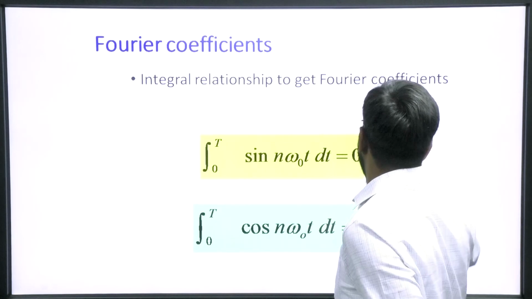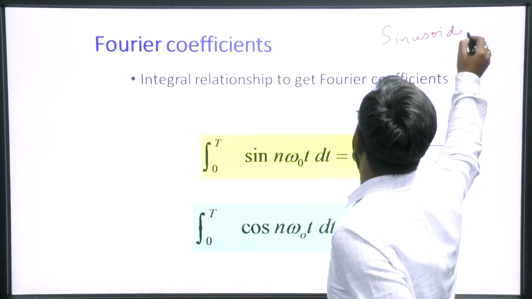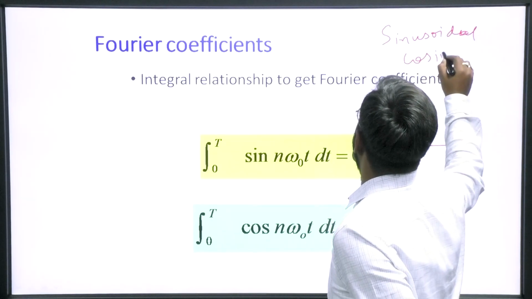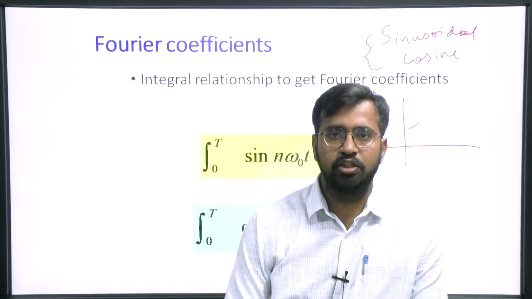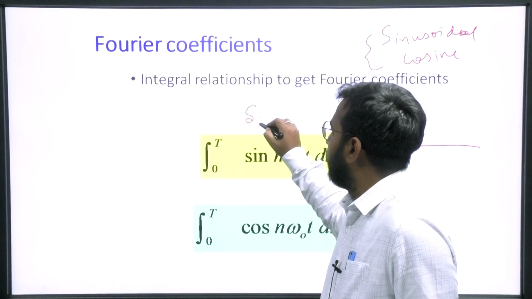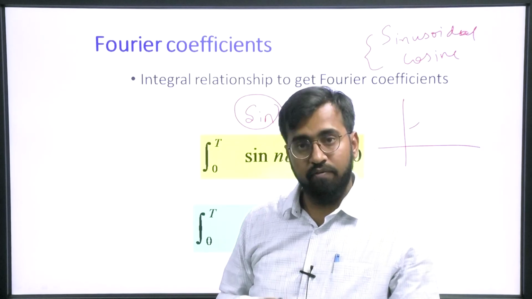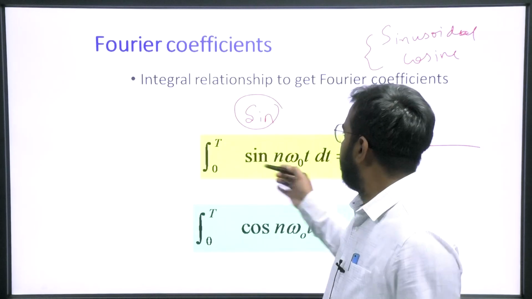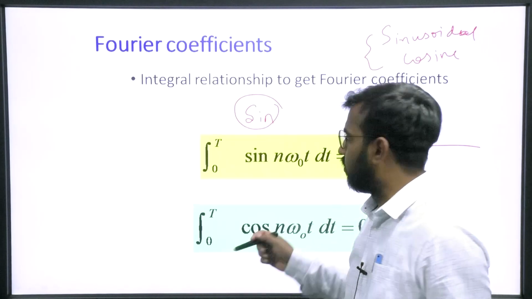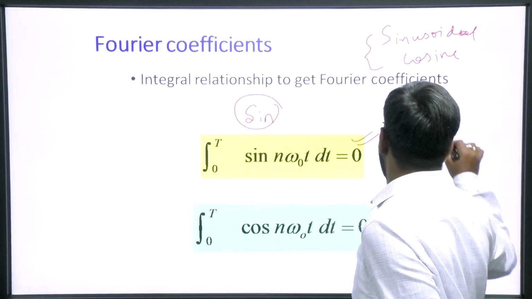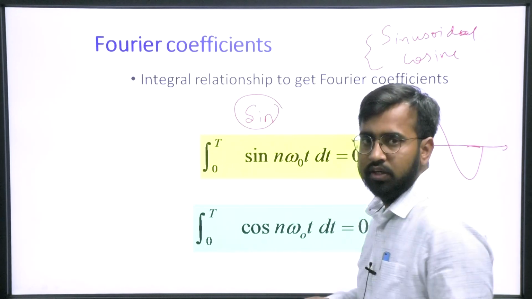Sine and cosine, both waveforms are of the same nature. You cannot say both are different, the shapes are the same. The sinusoidal signal is the one whose differentiation and integration also give you the same type of signal. Now you must remember that the integration of a sinusoidal function over one time period is always 0.